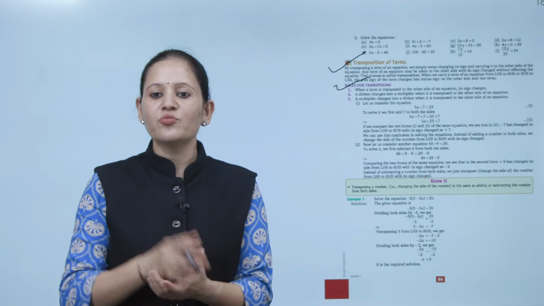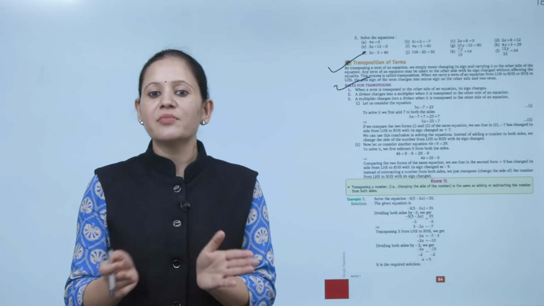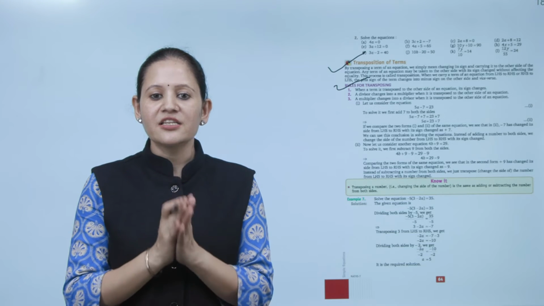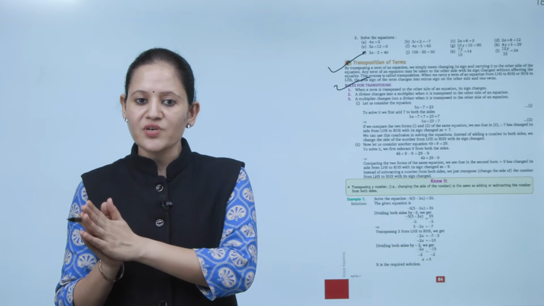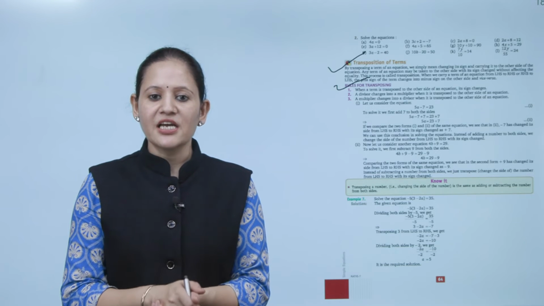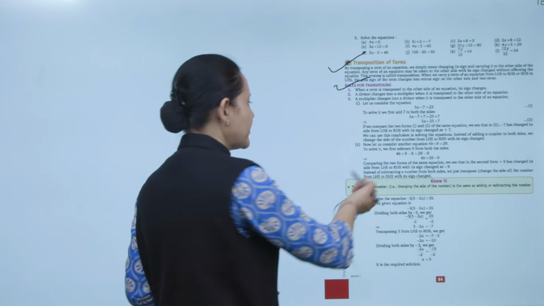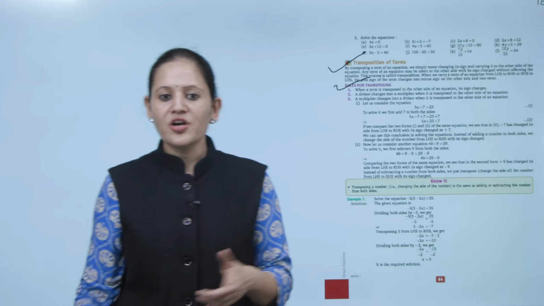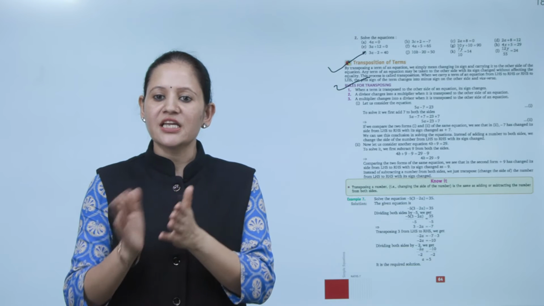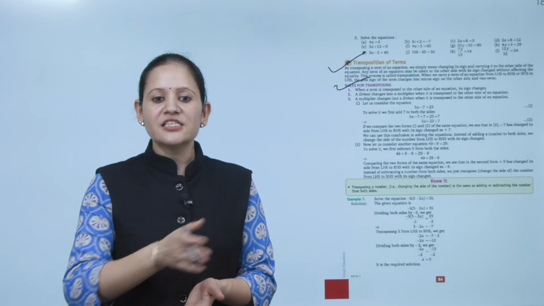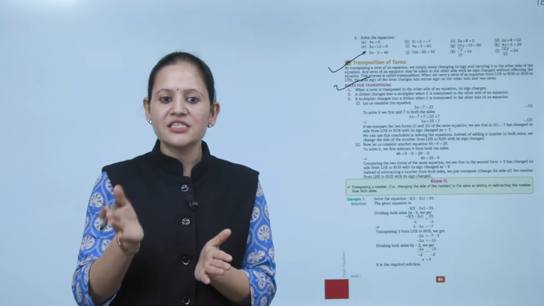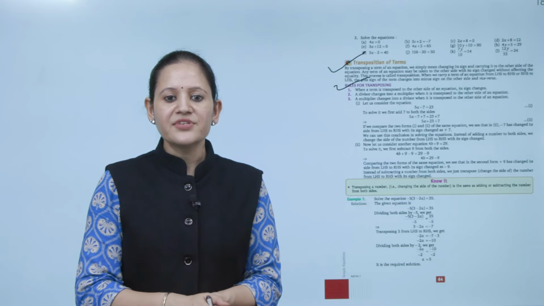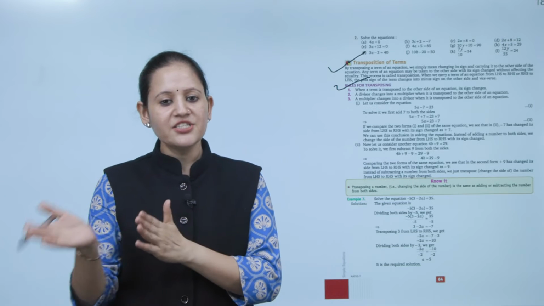So, we can use this conclusion in solving the equation. Instead of adding a number to both sides, we change the side of the number from left-hand side to right-hand side with the sign change. Now, let us consider another equation. 4b plus 9 equals 29. To solve this, we first subtract 9 from both sides. So we will subtract 9, and we get 4b equals 29 minus 9. Now, comparing the two forms of the same equation, we see that in the second form plus 9 has changed its side, left-hand side to right-hand side, with sign change to minus 9. Instead of subtracting the number from both sides, we can just transpose it from left-hand side to right-hand side with its sign changed. Clear?